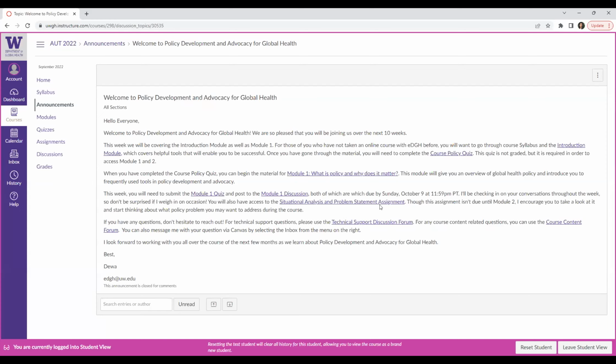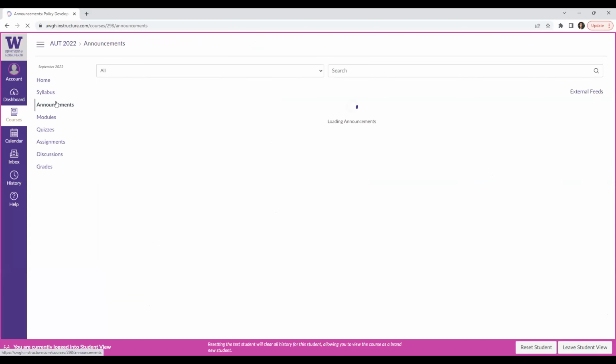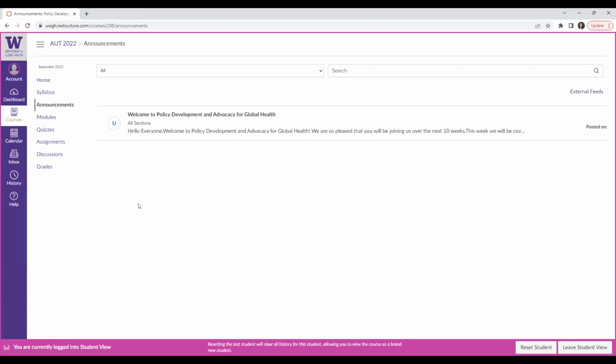But if for whatever reason you delete an email or you can't find it, you can always go into our course page and into announcements, and you can find those emails here. So again, these will come to your inbox, but if you ever need to access them directly, you can also find them here in announcements.